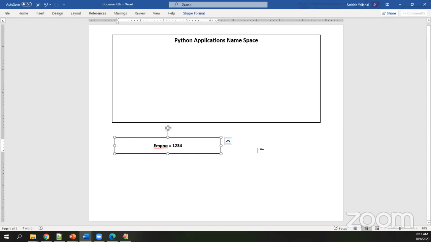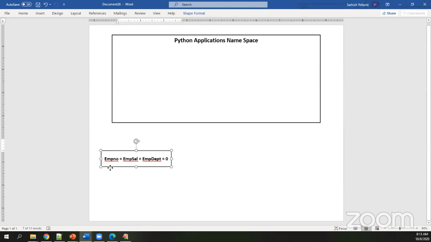I'm just trying to say employee number is assigned as, EMP salary is assigned as, EMP department number is assigned as 0. This is the kind of declaration I did in my program. Are you getting me?